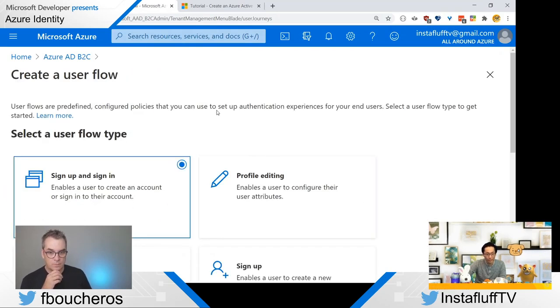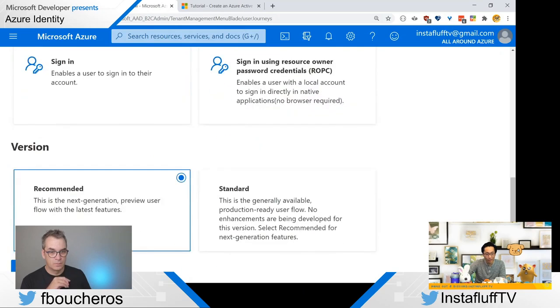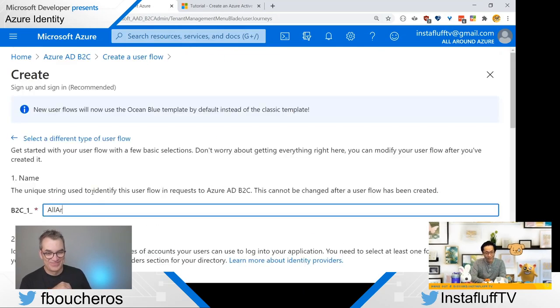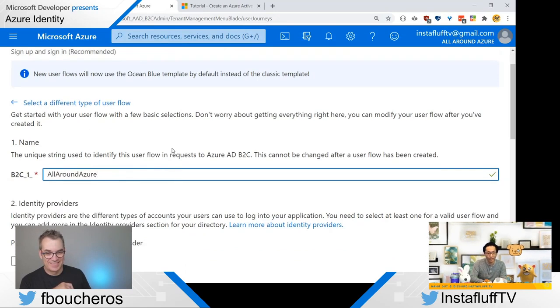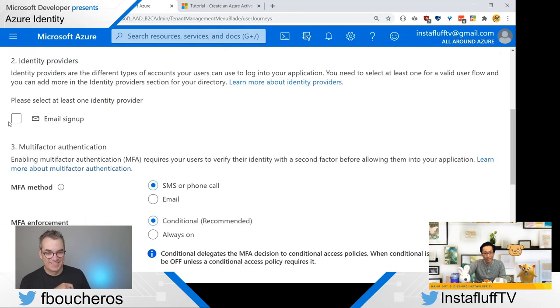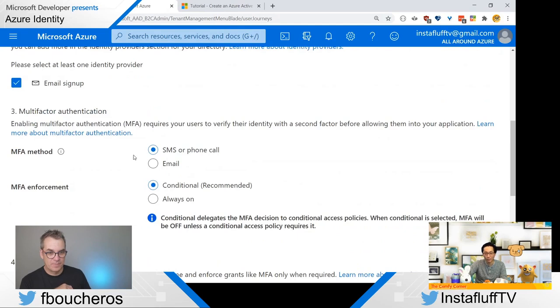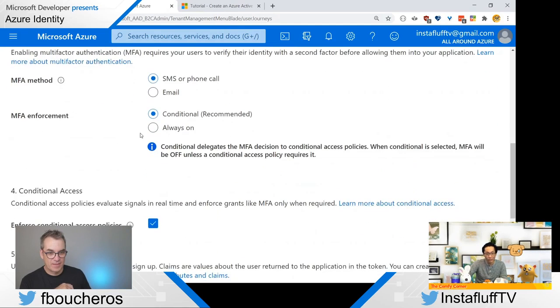So do sign up and sign in, recommended for the next generation, and then all around Azure email. I guess we'll just do sign in, and then email sign up. We can do SMS or phone call if you want for multi-factor, and conditional, which is recommended.